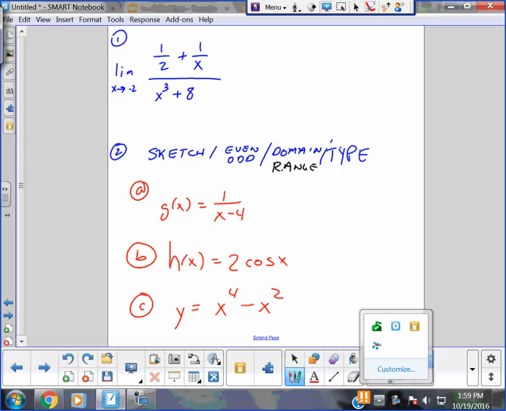All right, so we got a couple of review problems. These are out of chapter 1 and 2 in the Stewart calculus book. Number 1 is a chapter 2 problem. It's a limit. You plug -2 into the denominator, and -8 plus 8 is 0, so you have to start,